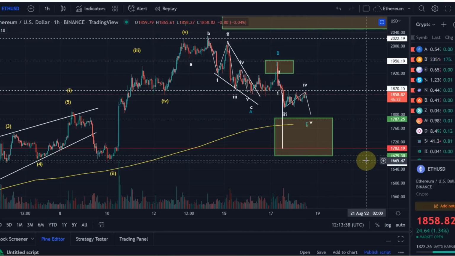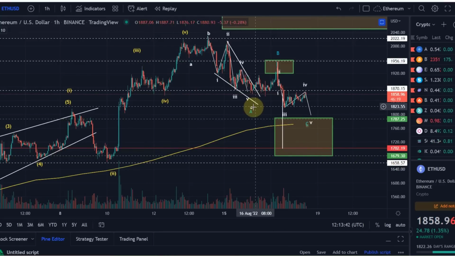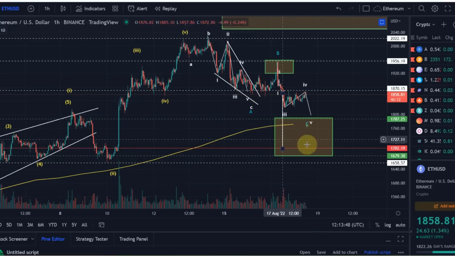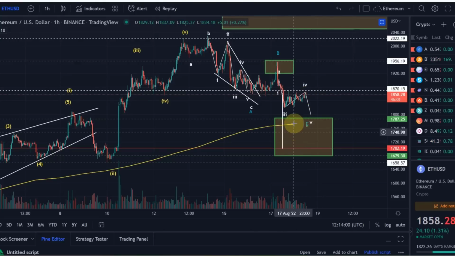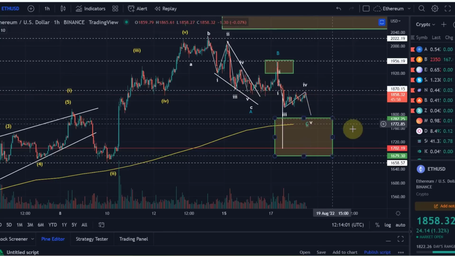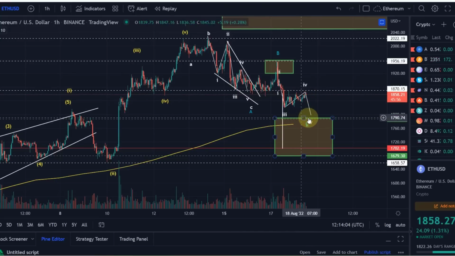It could even go as low as 1679, which is the 1.618 extension of the wave A, which is actually another ideal target for a wave C. So all of that still possible, and as long as we don't see confirmation to the upside, we will have more pressure here to the downside, and it indicates that the correction may not be over yet. Okay, bear in mind, if we come down once more lower, that is the ideal level, 1790.